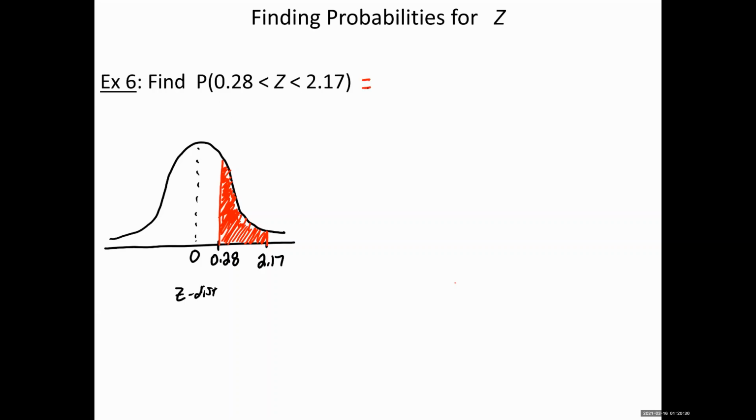All right, someone help me out with the formula. What's the first? Just tell me the first term. P open parentheses z less than 2.17. Right. Probability z less than whatever number you see on the right side over here. Yeah. Okay, then it's going to be minus. Now tell me the term that goes here. P parentheses